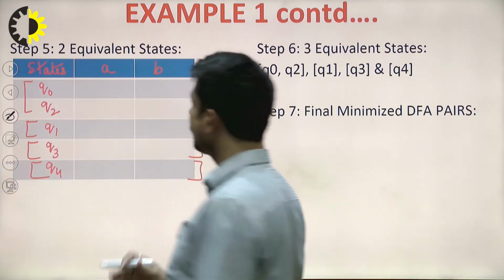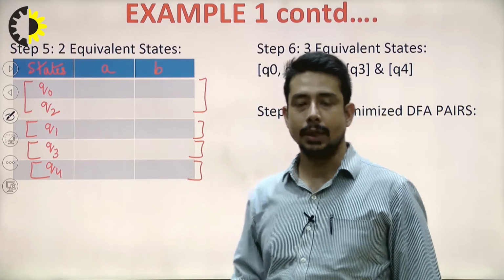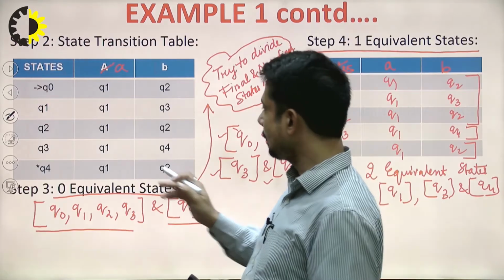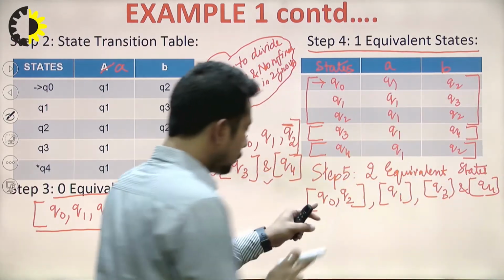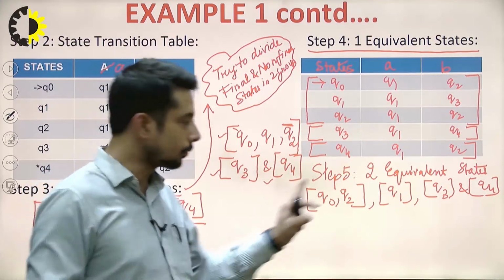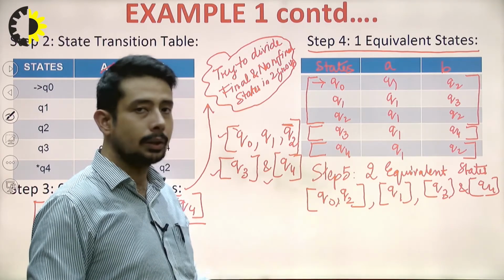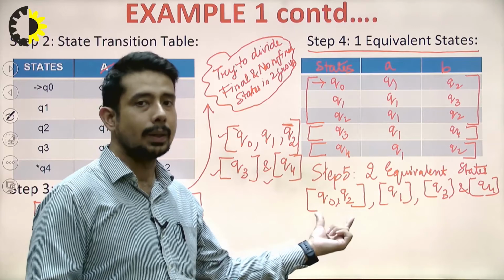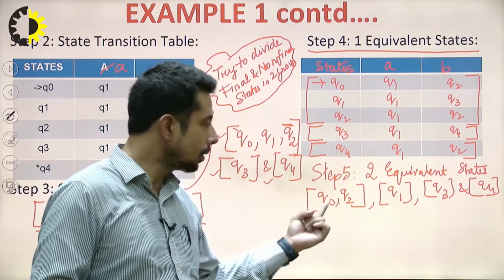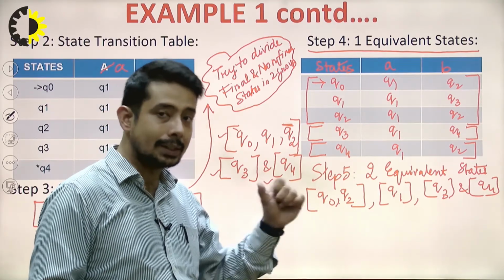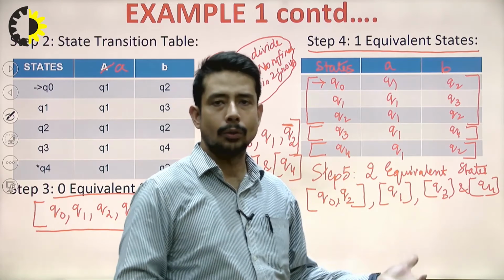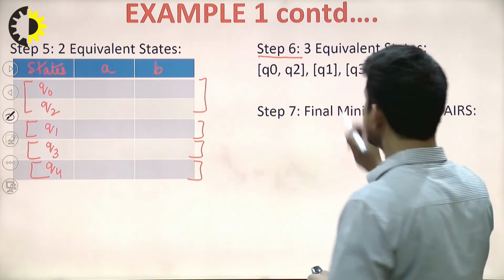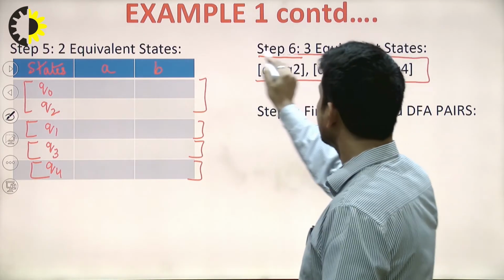Now, you might be thinking that till which particular steps we need to follow this. In the next step, step number 6, if we check the same process, see Q0 and Q2, if we check again, because how many groups you got? 4 groups you got. Again, if I check for Q0 and Q2, it is going to the same state. That means this particular pair cannot be differentiated, right? That means Q0 and Q2 will remain the same within the same pair, and Q1, Q3, Q4 are already singleton groups, right? So, no need to check for them. So, therefore, in step number 6, you will get the same particular set of groups.